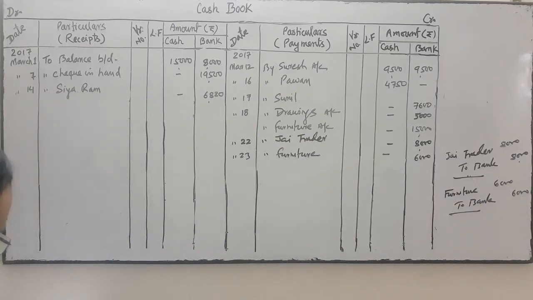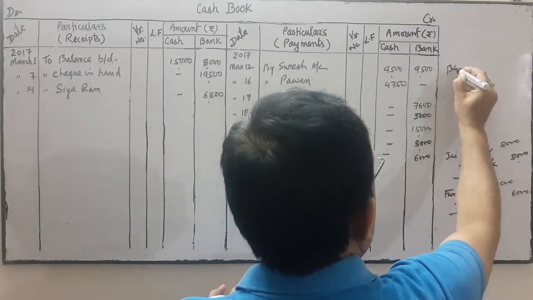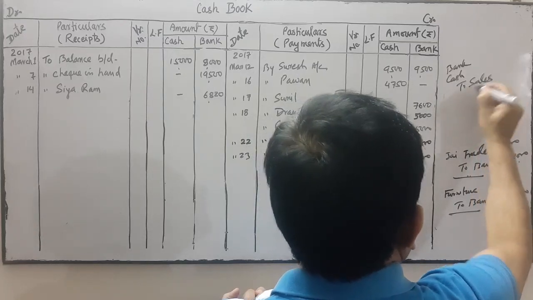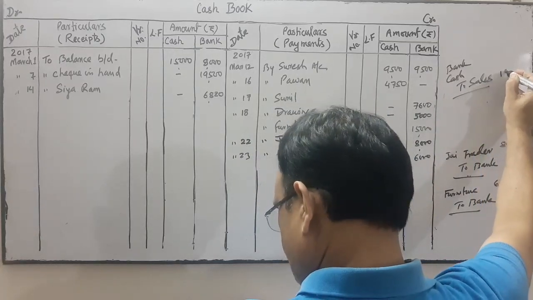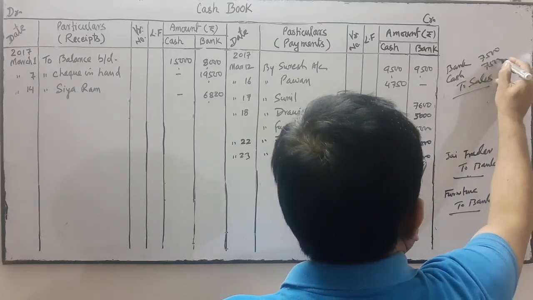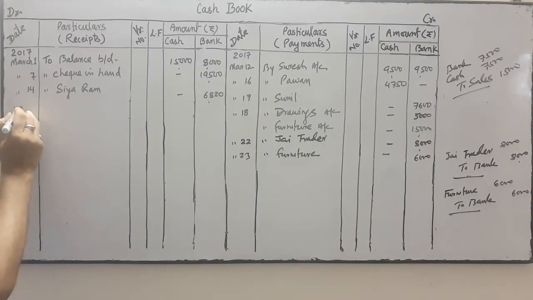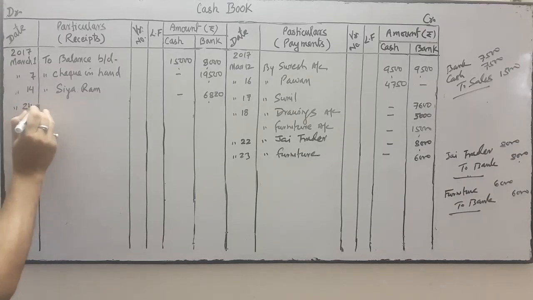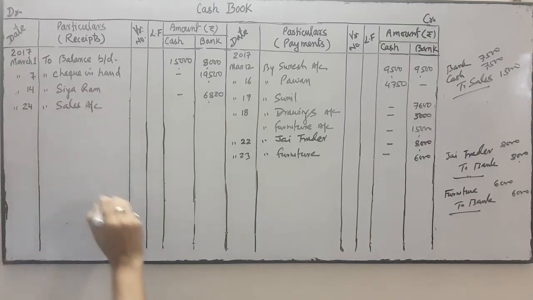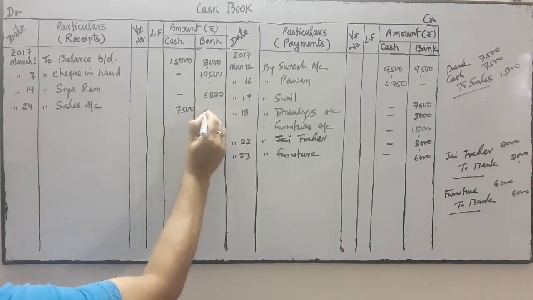This will be recorded. Cash sales 15,000, half of which is deposited into bank. So bank account debit, cash account debit to sales account. Cash sales is 15,000, half of which is deposited into bank. It means half is cash in hand. That will be recorded on date 24. On 24th we will write to sales account, cash and bank are on debit. So on the debit side we will write in the cash column 7,500 and in the bank column